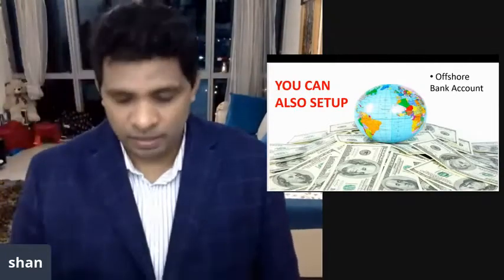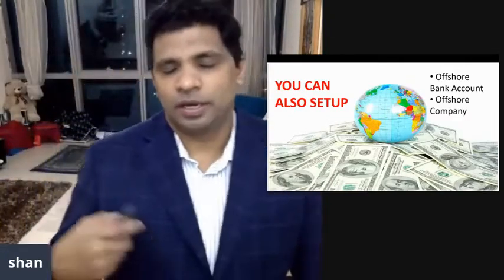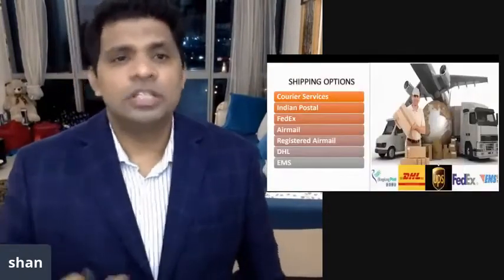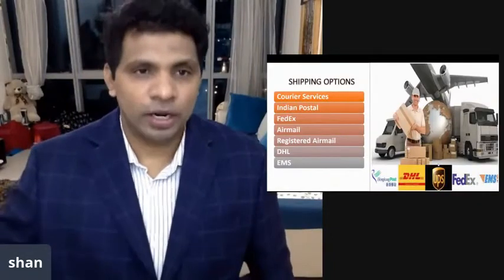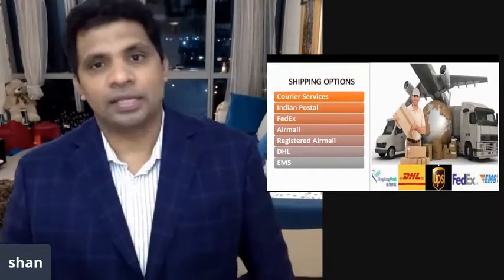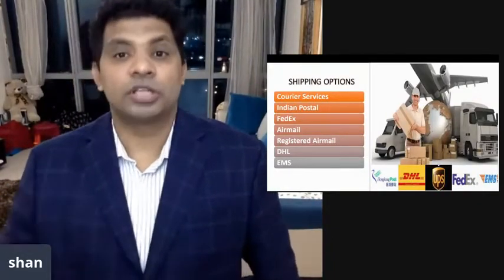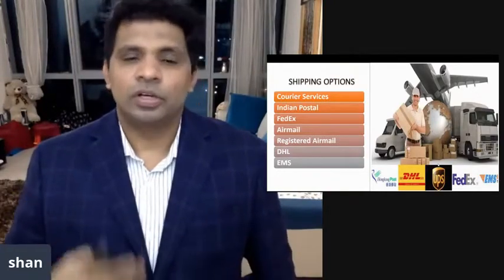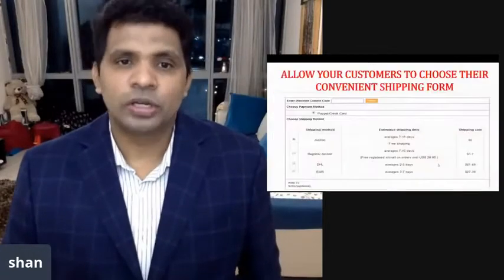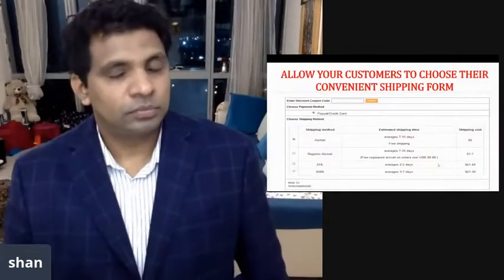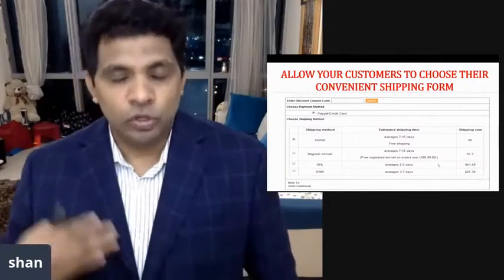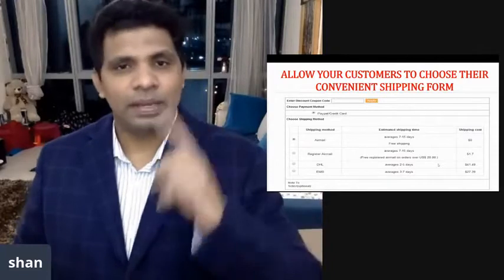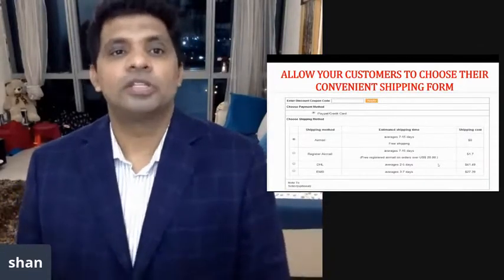To connect with that company, this is how your website connects to that bank account. Now, once you receive the payment, definitely the shipment should go, right? So you can send it out with, for example, any courier service. There is the postal department, Q-Post or Indian Post, FedEx, all the things you can think of. So you should have different options, and a tie-up with each. You can use a pre-integrated shipment method. Instead of going to multiple places, you get everything in one place. That's one of the best things you can do.